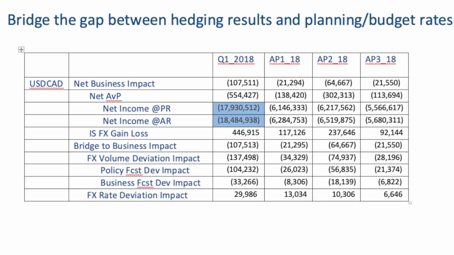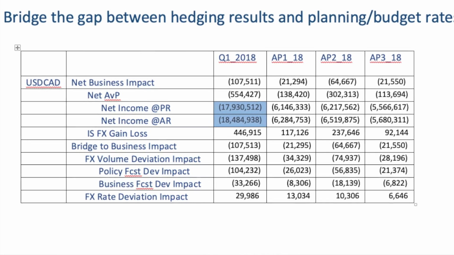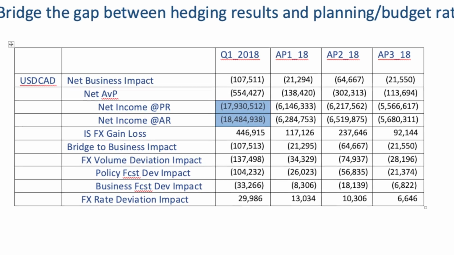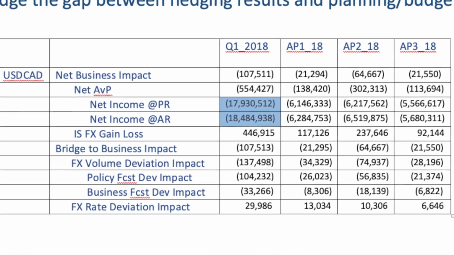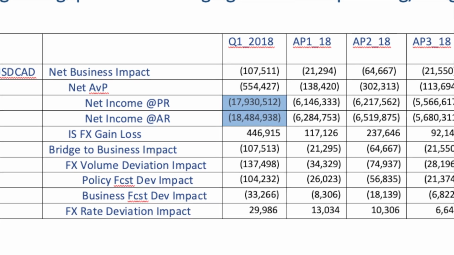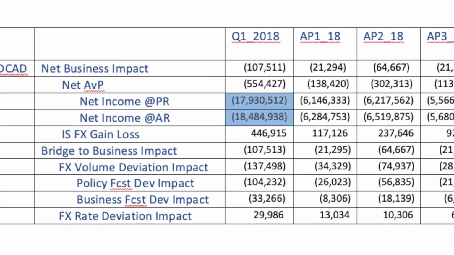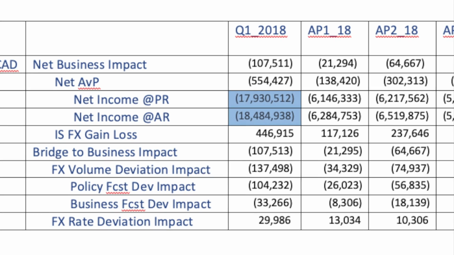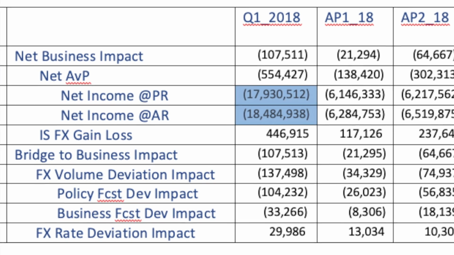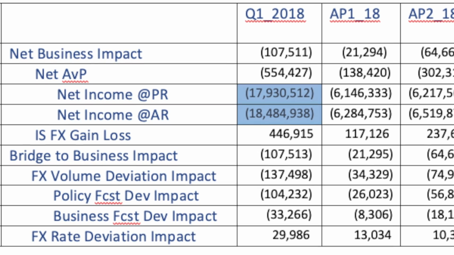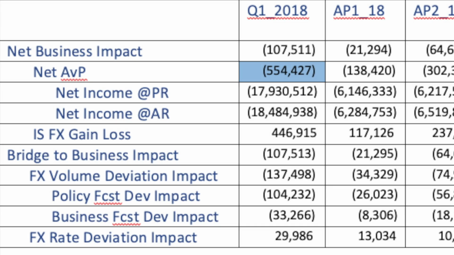So in this example, I've got this A versus P impact, or accounting versus planning rate impact. And you can see that my expense at the planning rate is a little under 18 million, but my actual expense at the accounting rate is almost 18.5 million. So I had a bit of a headwind. I had worse accounting rates than the planning rate. So the headwind was about